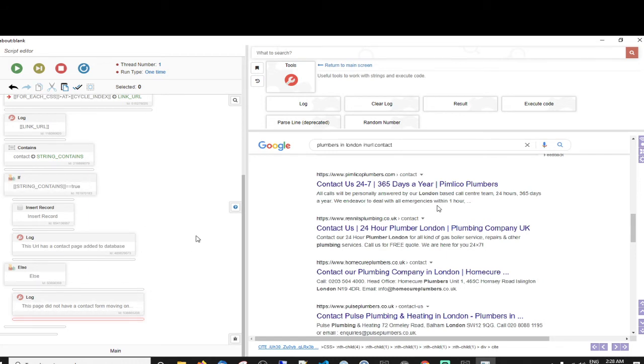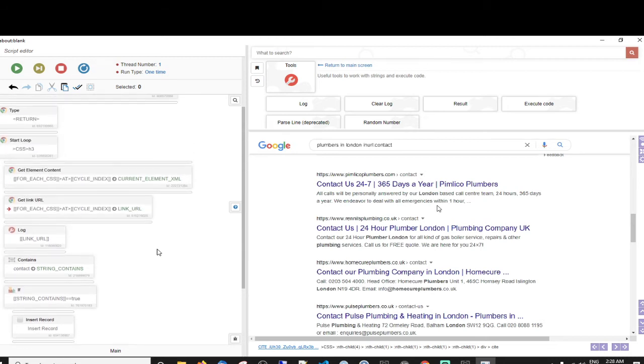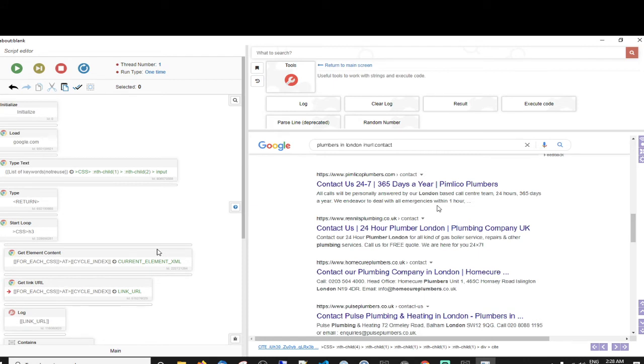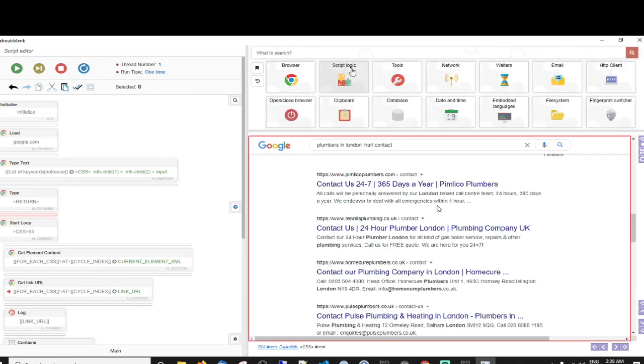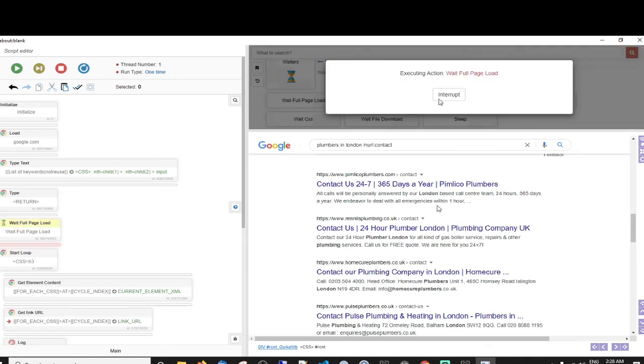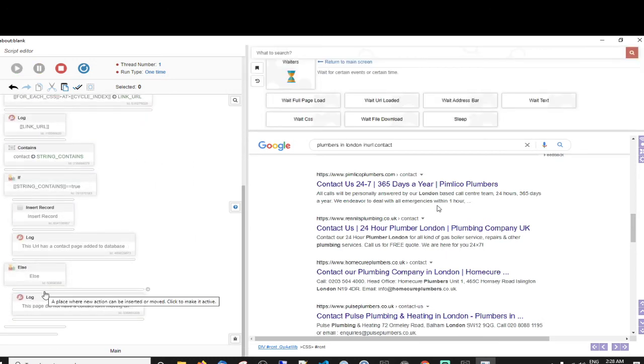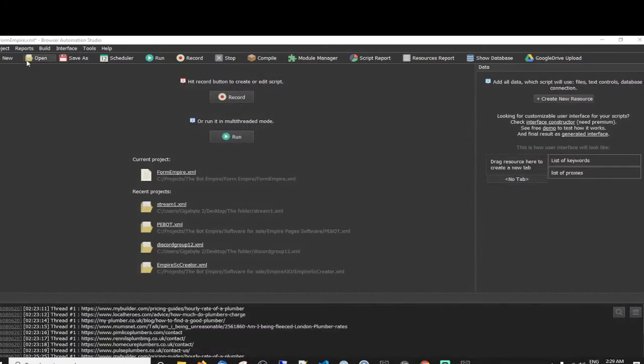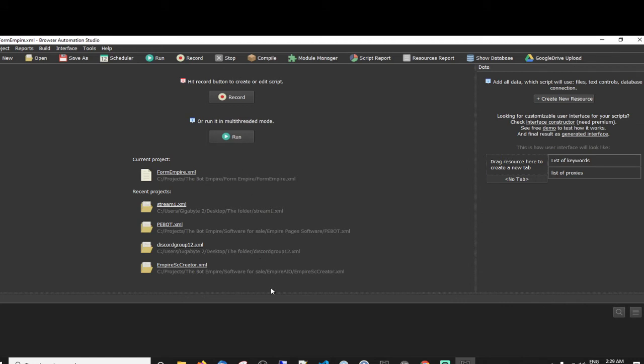So we should just have a database full of pages that only have the correct page, which is contact page is what I'm after. So also when it returns, I just want to do a full page load. Otherwise, sometimes it will just carry on before everything's loaded and we won't get all the URLs. Lovely. Else. Okay. So I think I've got everything I need sorted to do a run so we can see if this works out. I'm going to make this bigger.